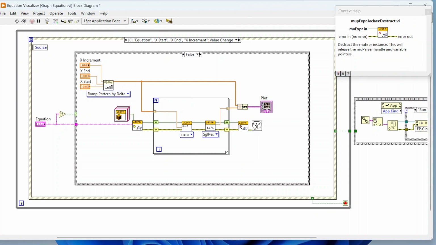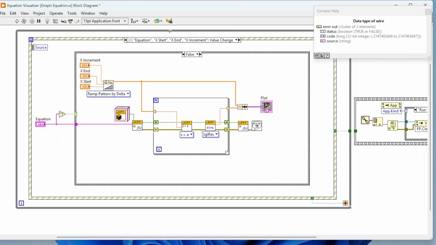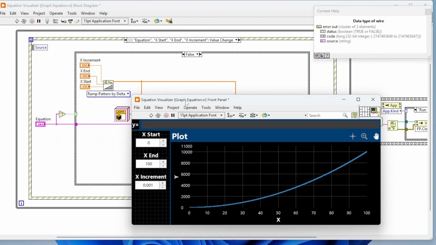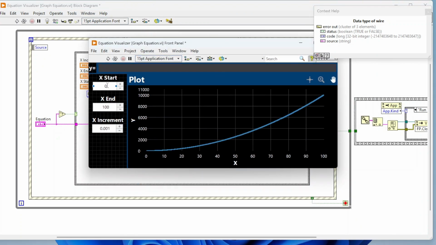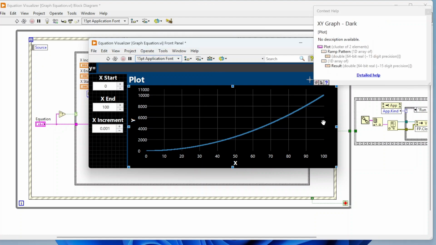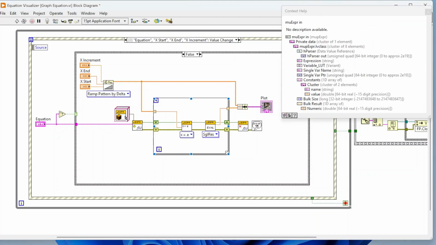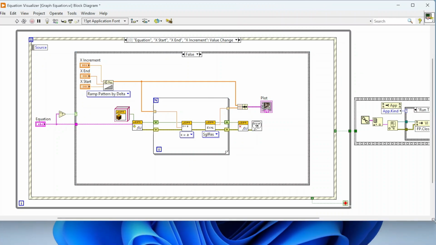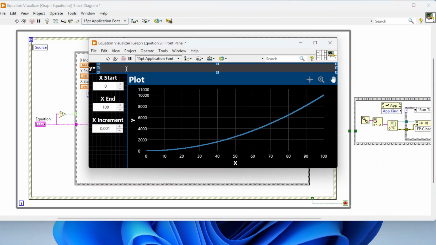And then this just destructs my LabVIEW parser instance. And that's about all it takes. So really simple, but you can do some really cool stuff, being able to parse expressions. This simple example just uses a single variable, but like I said, you can support any amount of variables that you want to. And if you're interested in this equation visualizer that I have, this is included in my Git